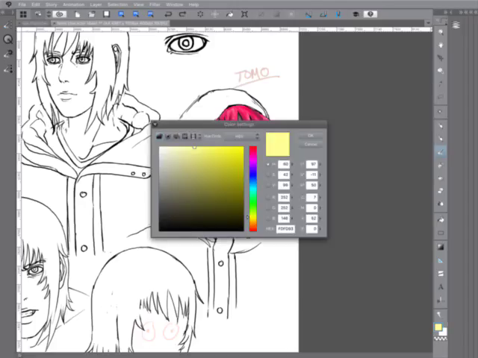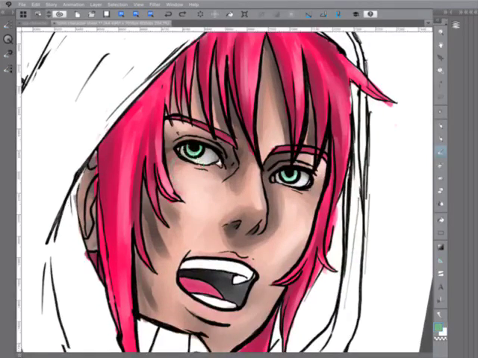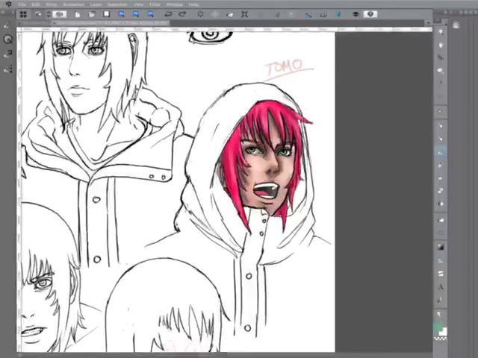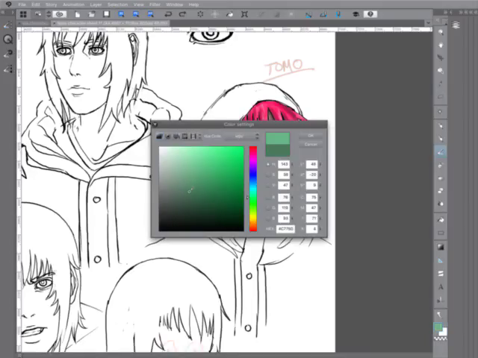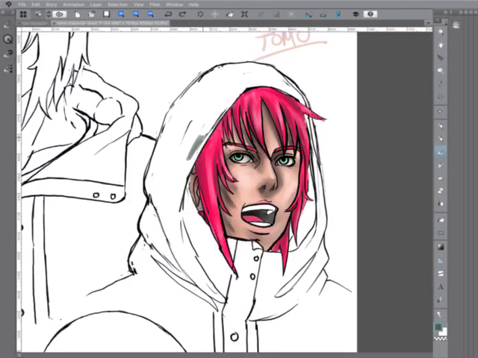What if I go with the eye color and just go darker? Maybe that'd be a good idea. Let's try, what's this evergreen green color? And hopefully it doesn't come out looking like Christmas with red and green.